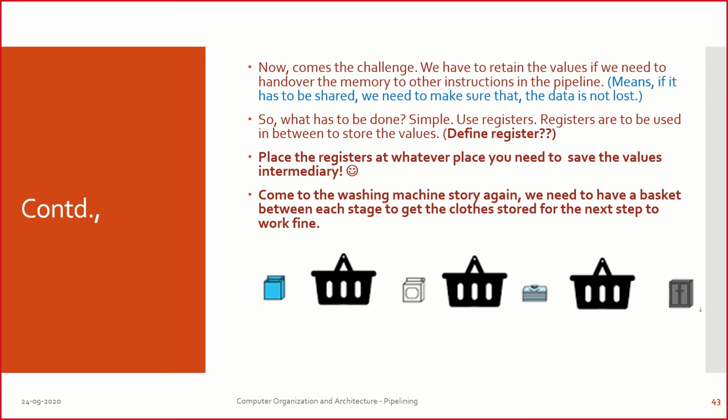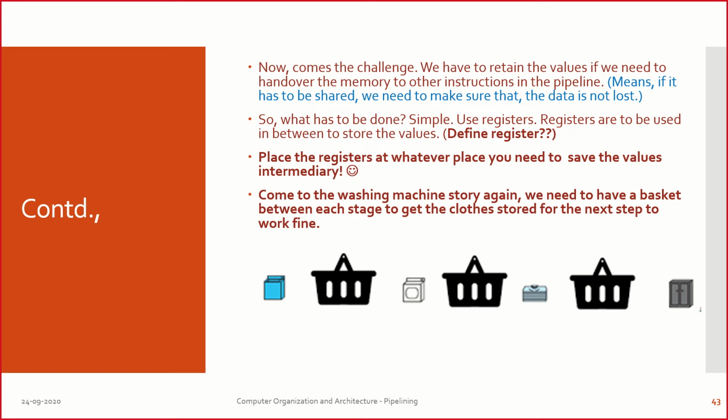When there is processing done in one of the 5 stages, I need to move to the next stage. Whereas the next instruction may have to use the component that had been previously used by some other instruction in the previous stage. So the result cannot be retained there itself. I told you the example of the washing machine. I have washed clothes now. I cannot retain the clothes there because the next person is going to wash. So what I will do, I need to move it to the next stage, the dryer. But I cannot right away throw it to the dryer. I'll keep it in a bucket and then I'll move it to the dryer.